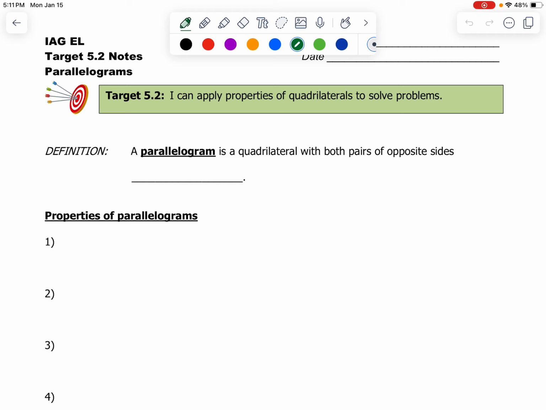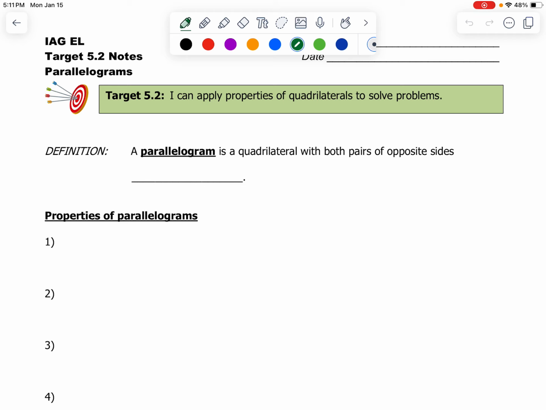So let's just jump right in with your 5.2 notes. The target says I can apply properties of quadrilaterals to solve problems. There are so many different quadrilaterals. This lesson is going to take multiple days, but today we're only going to look at one quadrilateral, and that